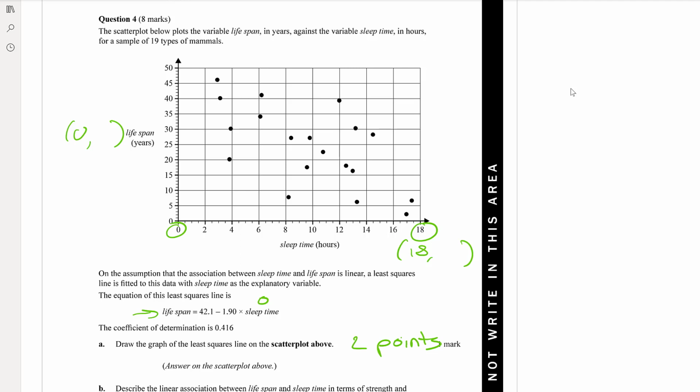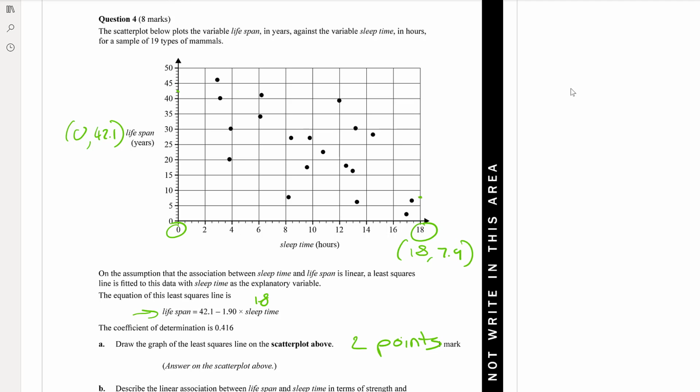you calculate, so it's 42.1 minus 1.9 times 0, you're going to get 42.1. So you're going to go up to here and go 42.1. So this is going to be a very rough dot there, about there. I know you can probably barely see it on your computer or wherever you're watching. For this one here, you'd put in 18 where sleep time is, and when you do that, you'll get an answer of 7.9. So I should have put 42.1 and then 7.9 there. So 7.9 is roughly